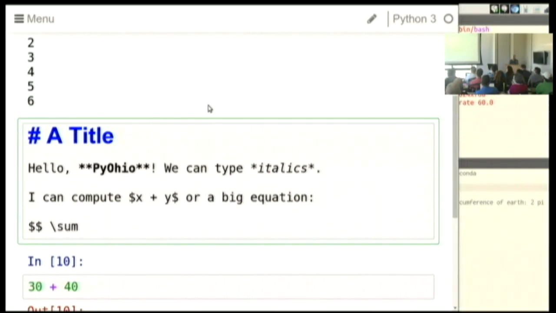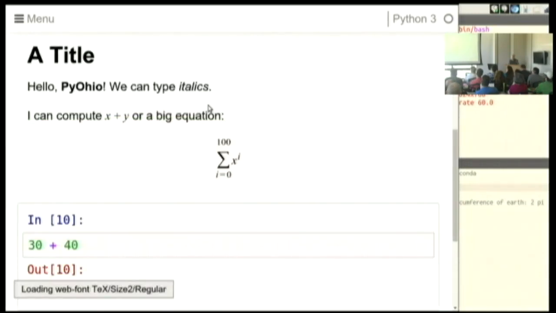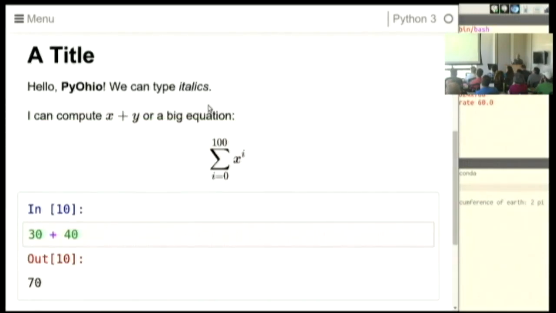We can say the sum from i equals 0 to 100 of x to the i. And when you execute it, you get professional quality mathematics rendered right in your browser, right in your blog post, or in a PDF if you choose to export to PDF.